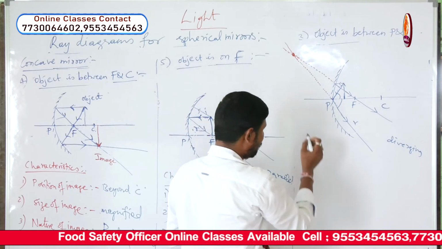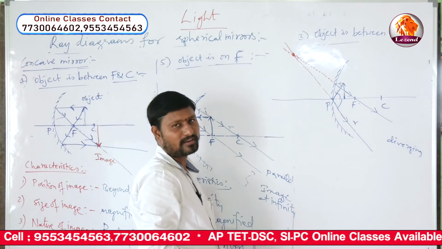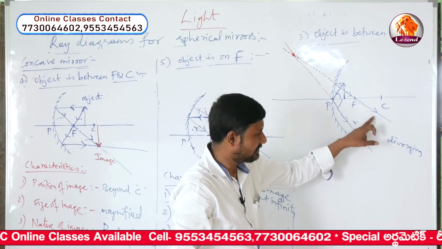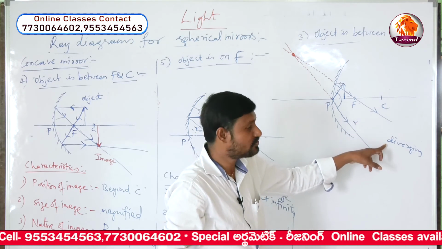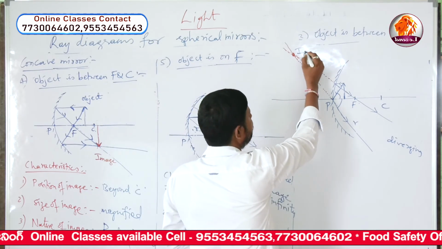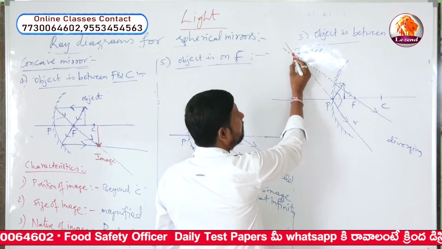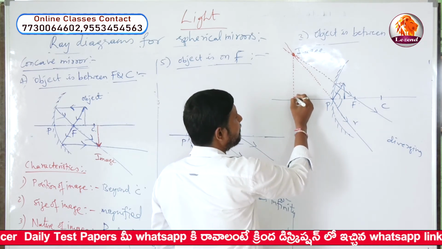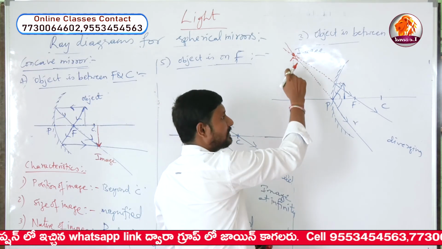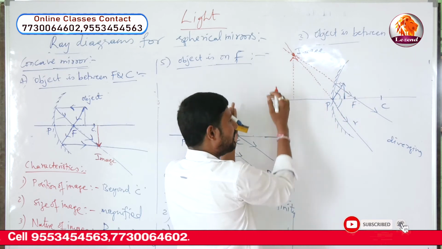Here, one important point you should observe is these two light rays are not really forming. They are formed by extending these real reflected rays. These are diverging, they never meet. But they appear to come from a certain point, that is this point. This point will be the image we used to say. So from this point, we should draw a perpendicular onto this principal axis. Why I am using these dotted lines is, this dotted lines represent that this image is not really formed. It is formed behind the mirror.